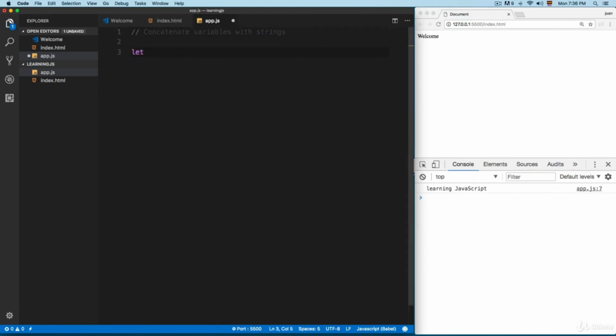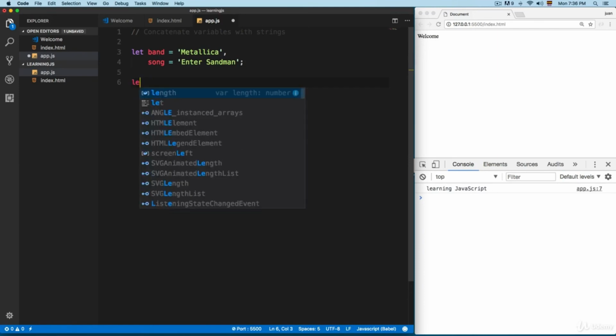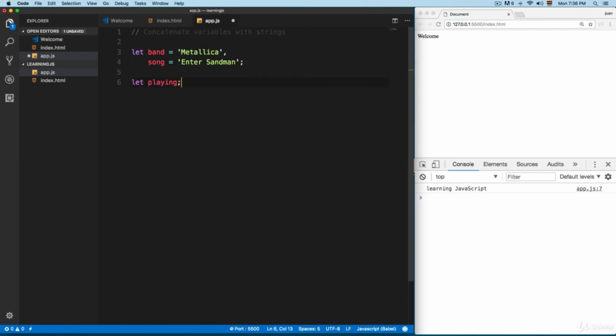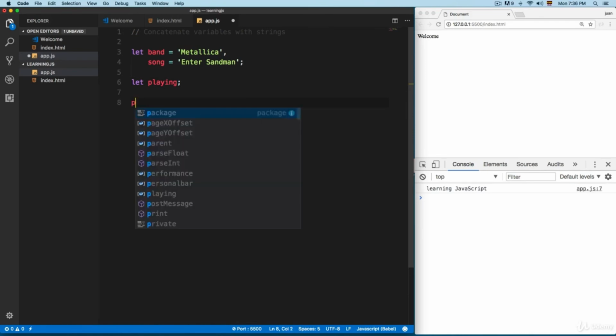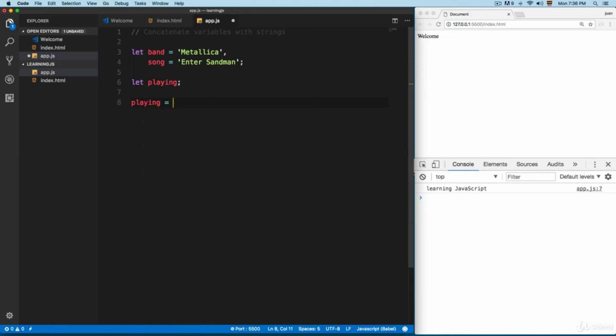So let's create a variable called band. It's going to be equal to Metallica, comma, and we're going to add the song, and we're going to add Enter Sandman. So we're going to create a band and a song, and we're going to add another variable called let playing. And this is going to be initialized without any values. And we're going to add playing. It's going to be equals to playing